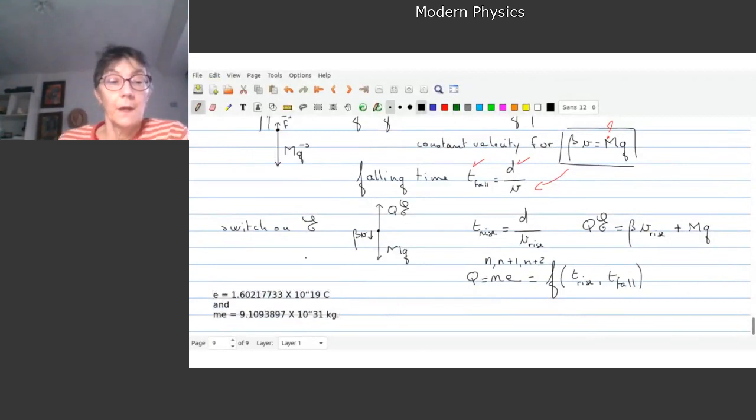1 point blah blah blah 10 to the minus 19, okay? Coulomb for the elementary charge, and here 9.11, okay, blah blah, 10 to the minus. This is minus, okay? And if we look at the current values for this,